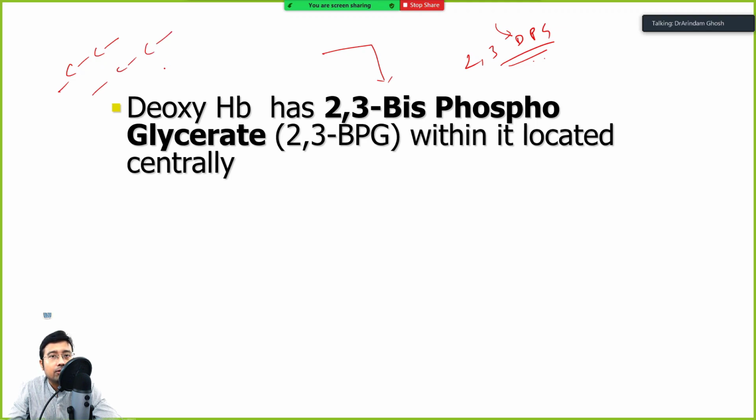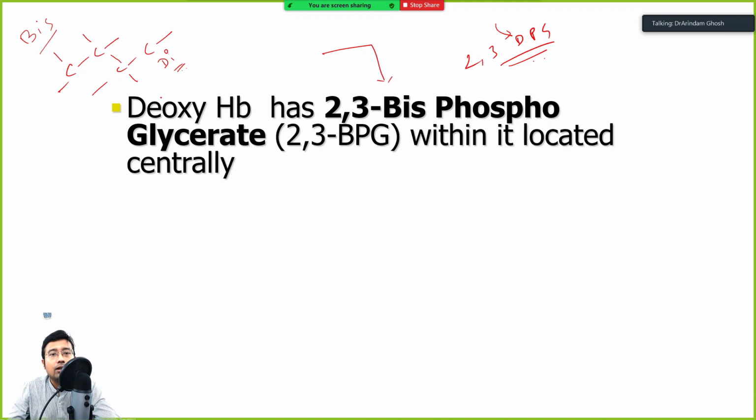These are carbon atoms, right? Whenever any functional group is attached to two adjacent carbons, it should always be called bis. Whenever two functional groups are attached to the same carbon, it is termed as di. Very important concept, I am telling you. If you are missing this out, it's very problematic for you in Viva.